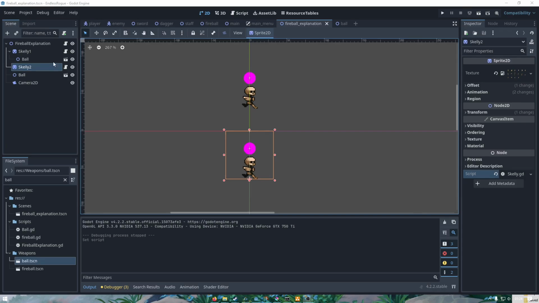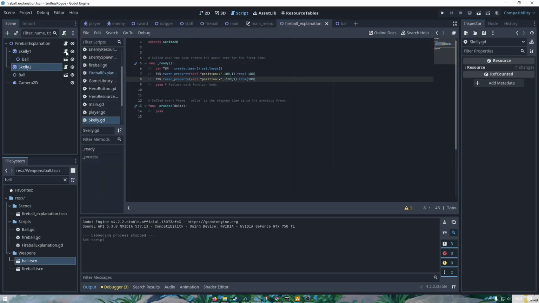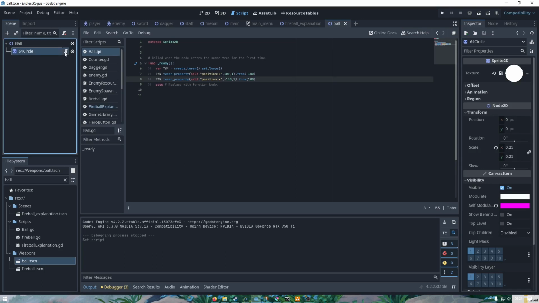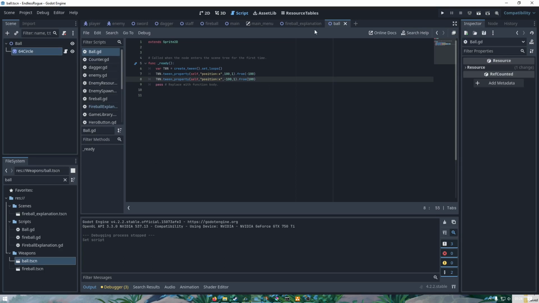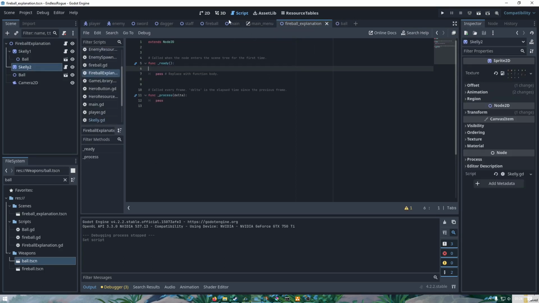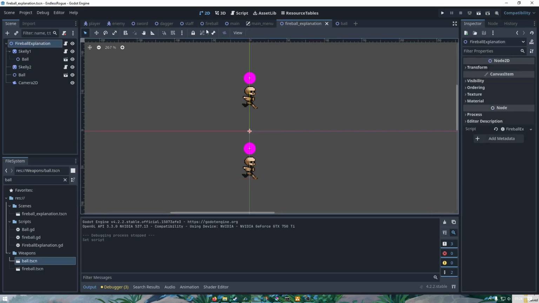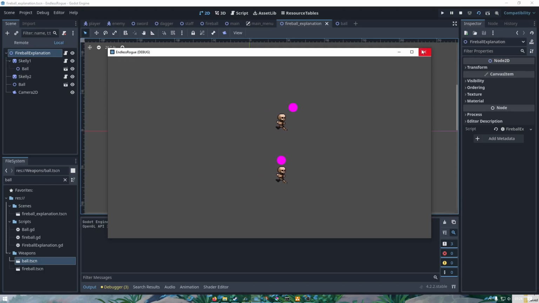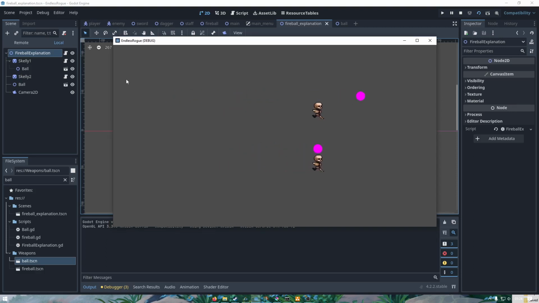When the player is moving or the staff is moving, the fireball doesn't get affected by our movement or staff movement, so it needs to be independent of our movement, so we put it into the main scene, since our movement only affects our player and staff.